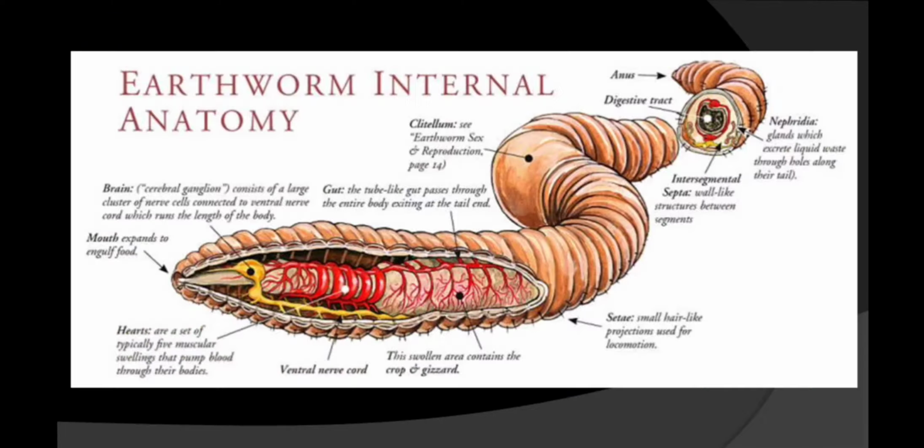Now let's see here. This earthworm is a member of the Oligochaete, and here you will find a clitellum-like structure, which is the characteristic feature of this class. Now you know about the clitellum. The clitellum helps in storing the eggs. It helps in sexual reproduction and also in cocoon formation.